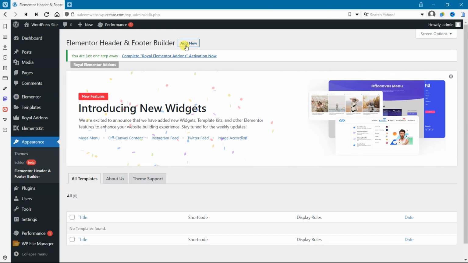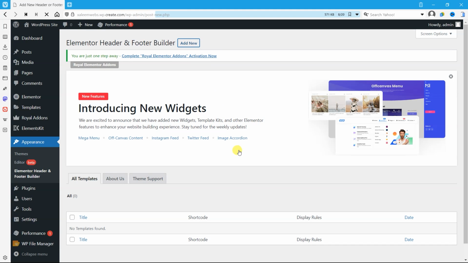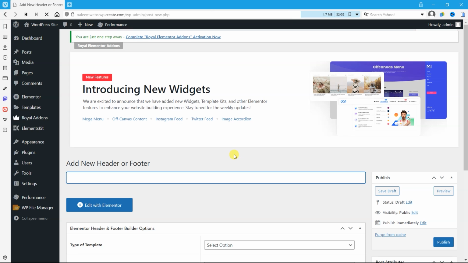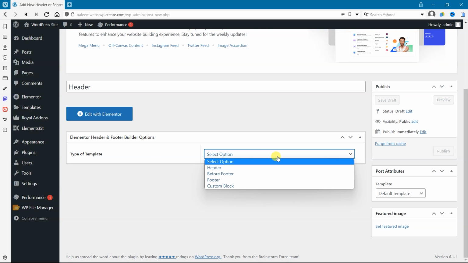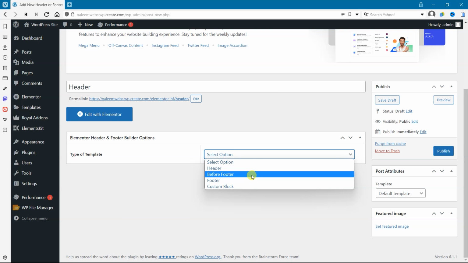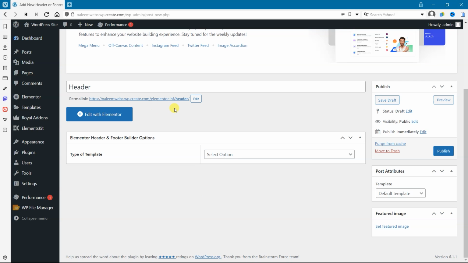So there are only two options to create a template. If we write here header, and here is the template option: header, before footer, footer, and custom block. So it's up to you. So let's go back